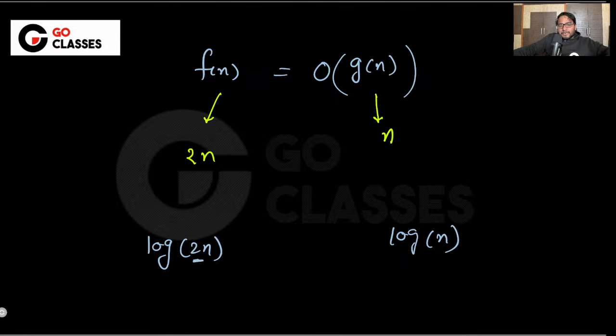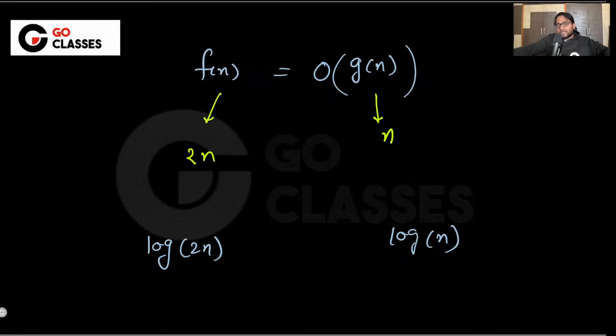See, earlier this 2 was bothering. Why? Because this 2 was not in log, it was in the exponent. I was saying 2 power 2n. Here 2 power n. It was in the power. If it is in the power, then it can create a problem. But if it is in the log, it won't create a problem. So if